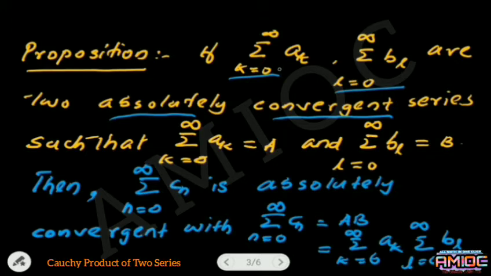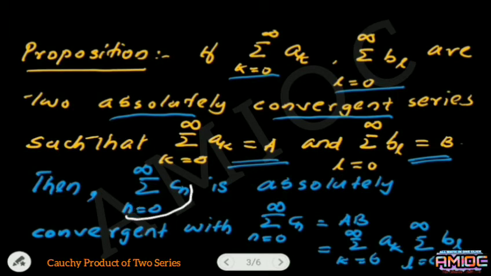If a series is absolutely convergent, then it is always convergent. Absolute convergence implies convergence. Therefore, summation k equal to 0 to infinity ak is convergent, and let it be equal to some a. And summation l equal to 0 to infinity bl is also convergent, and let it be b. That means the given two series are absolutely convergent. Then the result says that